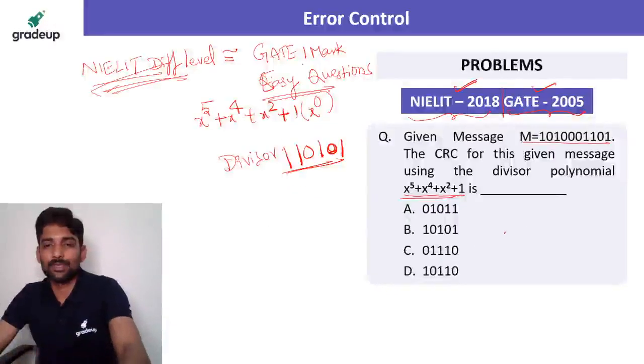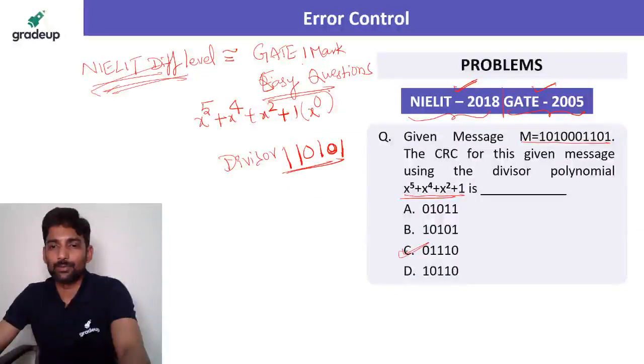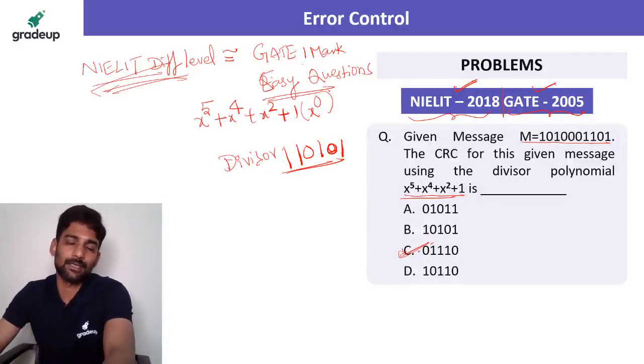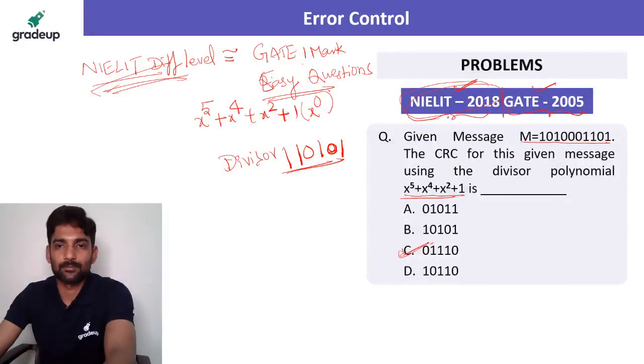So what is the answer for this question? 01110. So this is one CRC question which came in an earlier NIELIT exam. As you can see, it is of GATE 1 mark level. So let us again solve. Yeah, Saurabh, recheck once. It would be 01110. Okay,